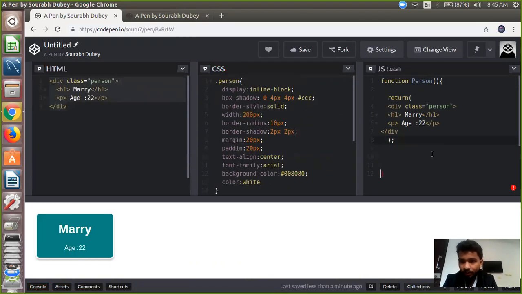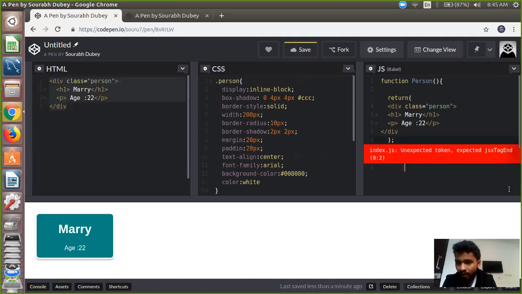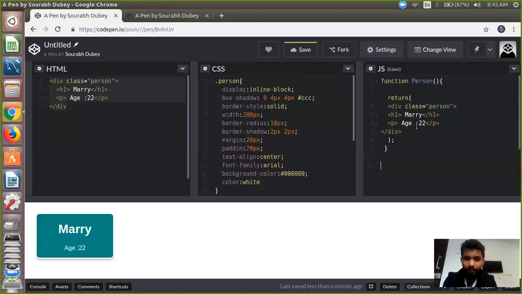Okay, so I'm just going to render this. Okay, there is a problem with our code. What is the problem with it? The error says unexpected JSX. Okay, so no problem. There's a problem with the semicolon. No, so this is the main problem. Okay, there's a div. It's not properly closed. Okay, so let me